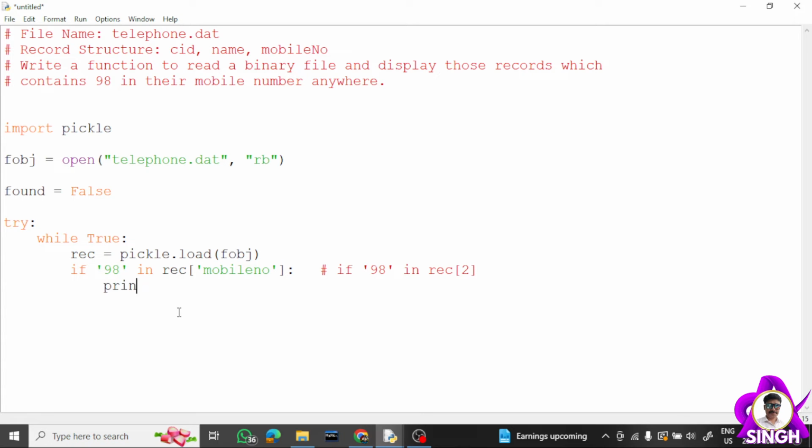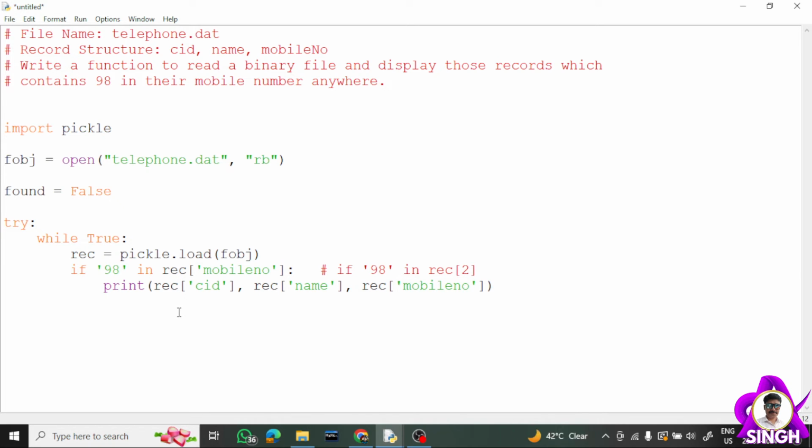If it matches, then you can print CID, comma, record name, comma, record mobile number.